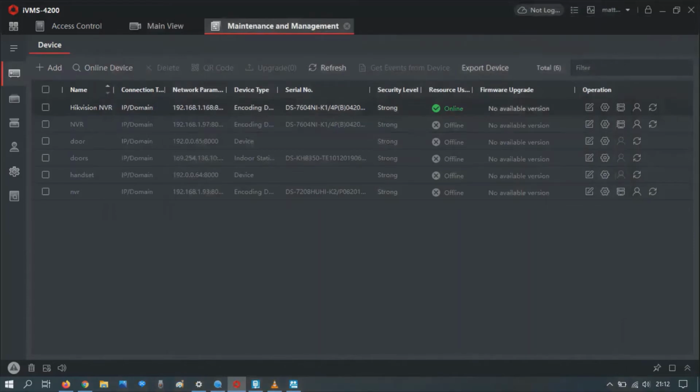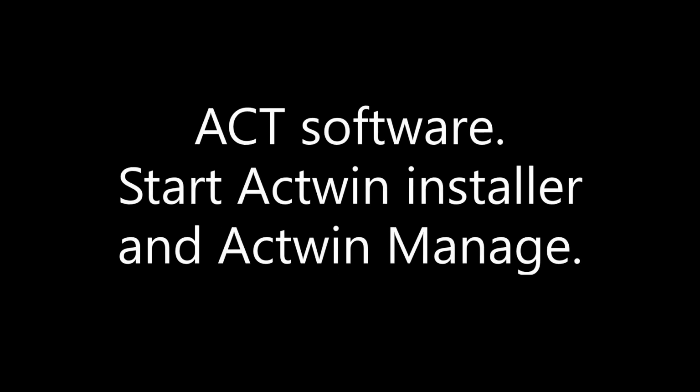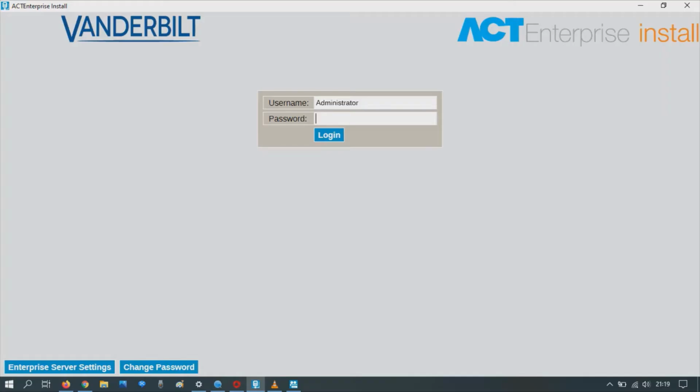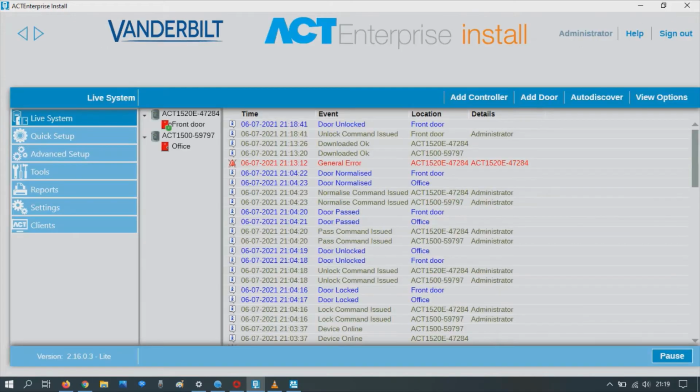Next, we need to launch the ACT software. Launch it in advance: the ACT Win install and the ACT Win manage. We're going to start with the install software, so log in the usual fashion. We'll go to advanced setup.